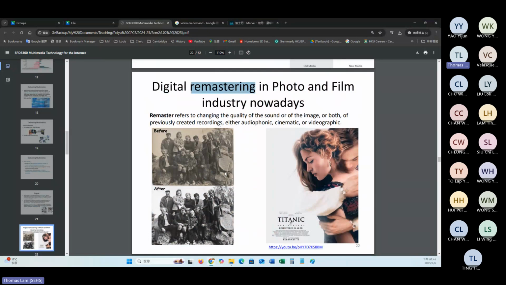Another obvious example would be the movie on the right-hand side. I don't know whether you watched this movie before. This one is a very famous movie. I remember when this movie was available in the cinema, people rushed to watch it over and over again. I remember people discussing how many times you watched the Titanic movie.